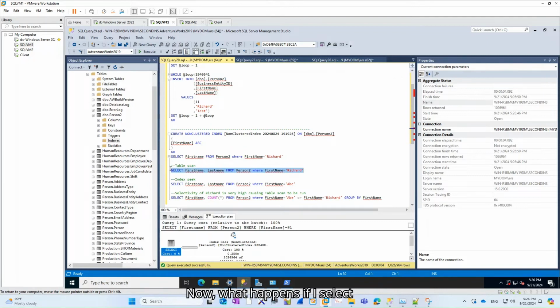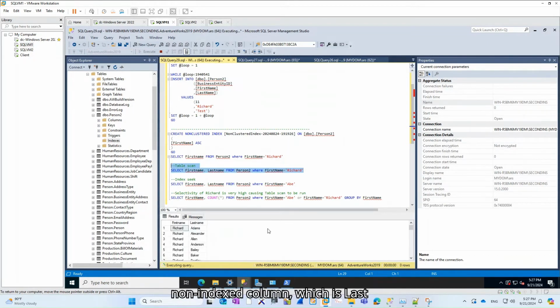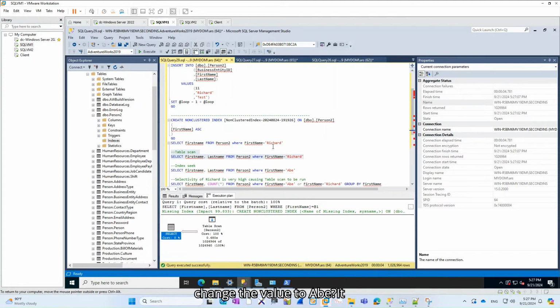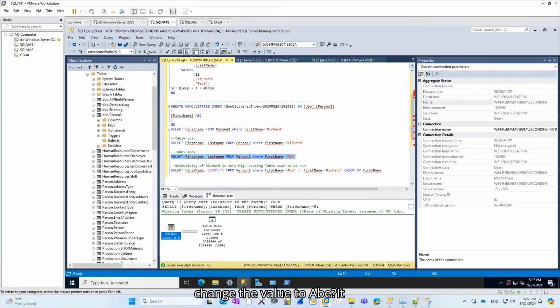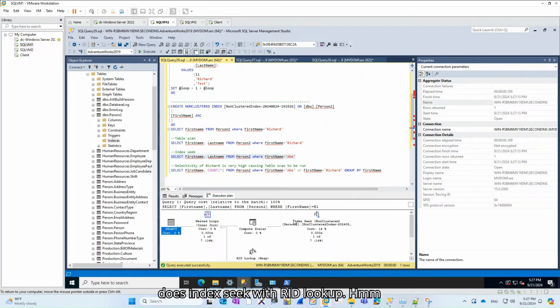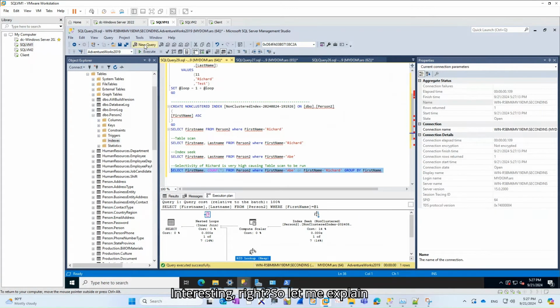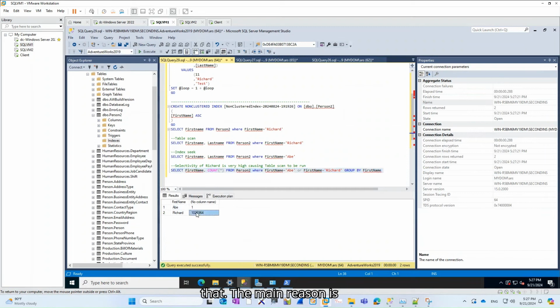Now, what happens if I select a non-indexed column, which is last name here? It does a table scan. What if I change the value to Abe? It does an index seek with RID lookup. Interesting, right? So let me explain that. The main reason is